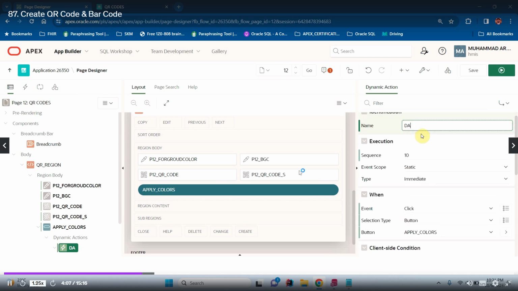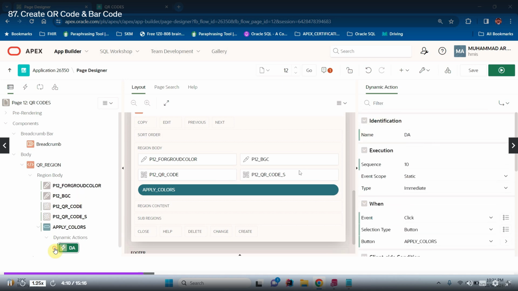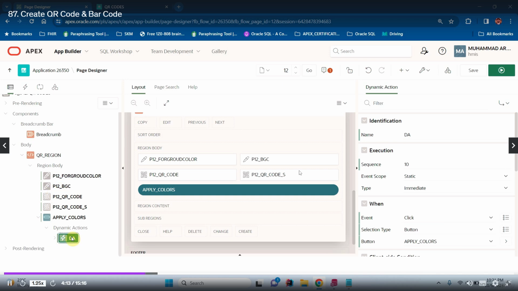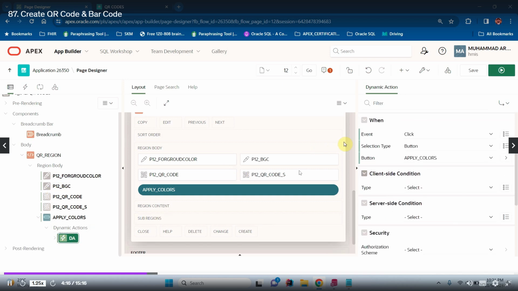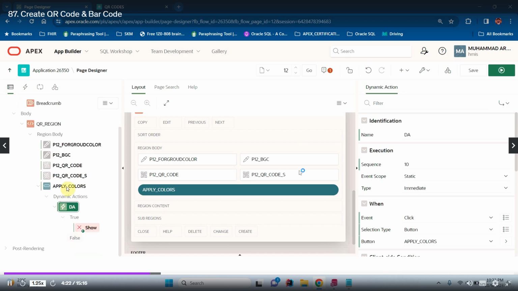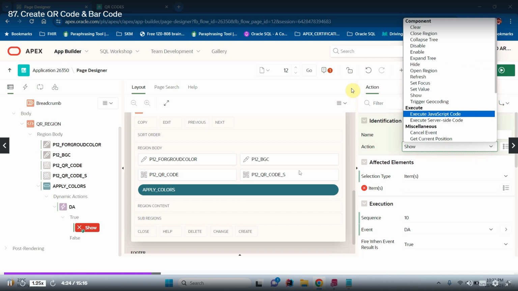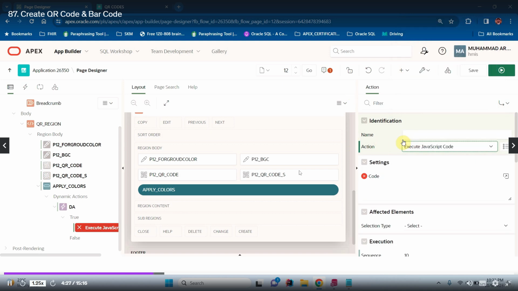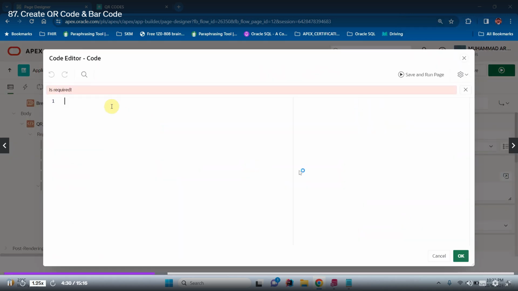And then change its type to execute JavaScript code. And in this JavaScript, we will apply the colors. So apex.items, the name of the item is QR code, on which we want to apply the colors, and then